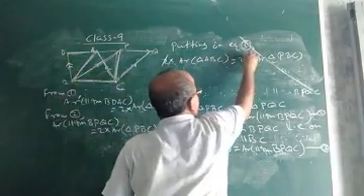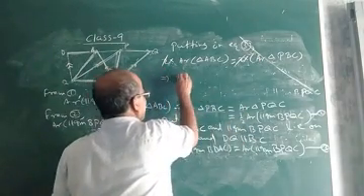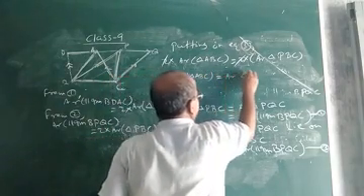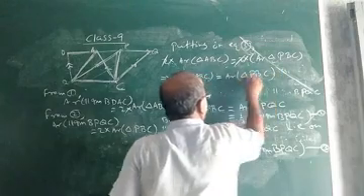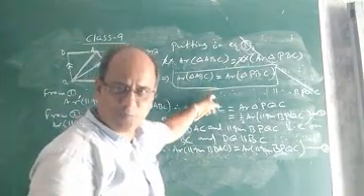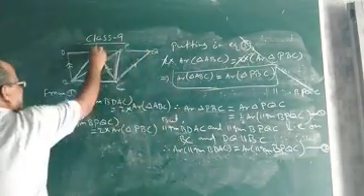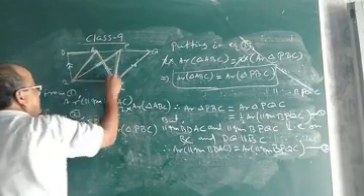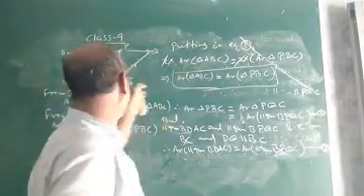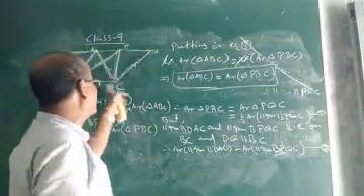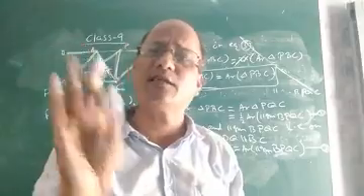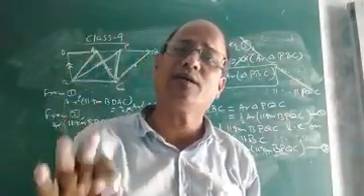Now the 2 cancels, you see. So what did you get? Area of triangle ABC equals area of triangle PBC. So ultimately we came to the end. We proved that yes, area of triangle ABC and area of triangle PBC will be the same. They have equal area because they were standing on the same base BC and between the same parallels BQ and BC. So from this discussion, children, we came to know that if two triangles lie on the same base and between the same parallels, they will always have equal area.